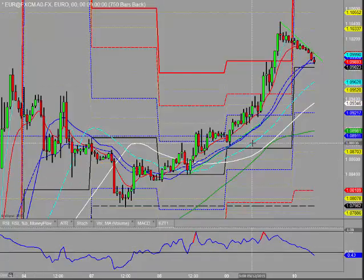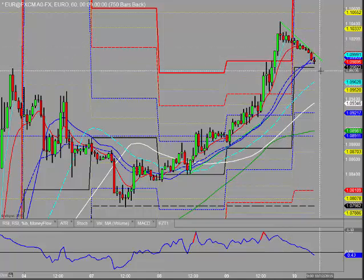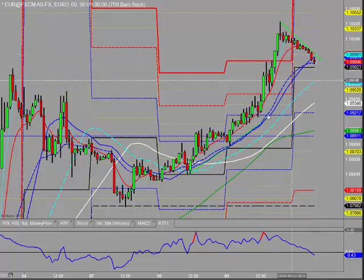Looking down the time frames, we could see a bit of a continuation of this sell-off here. It's getting pretty close to daily pivot. That could well be hit. It's then where next, really. As soon as the market moves in this sort of picture, it does. I mean, it looks bull flaggish, and